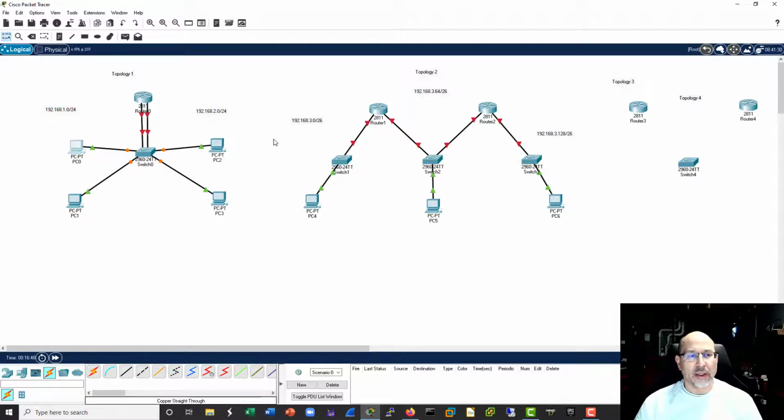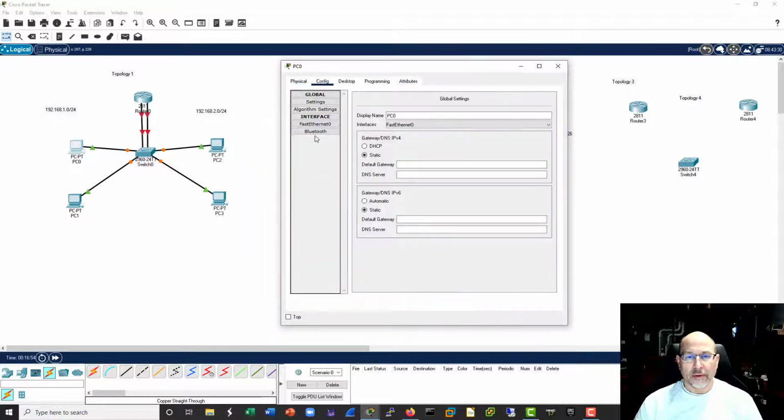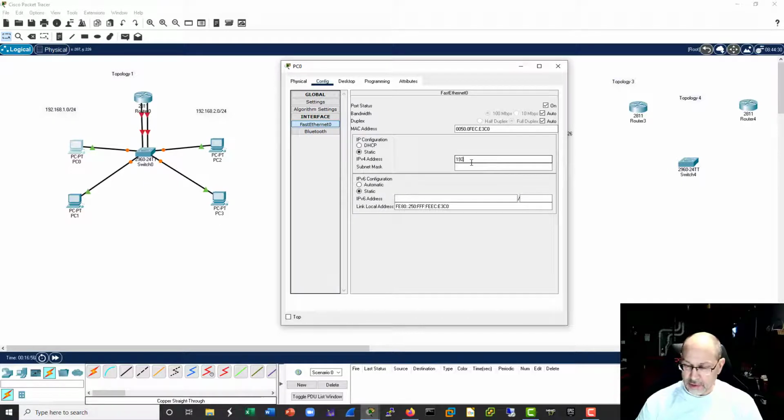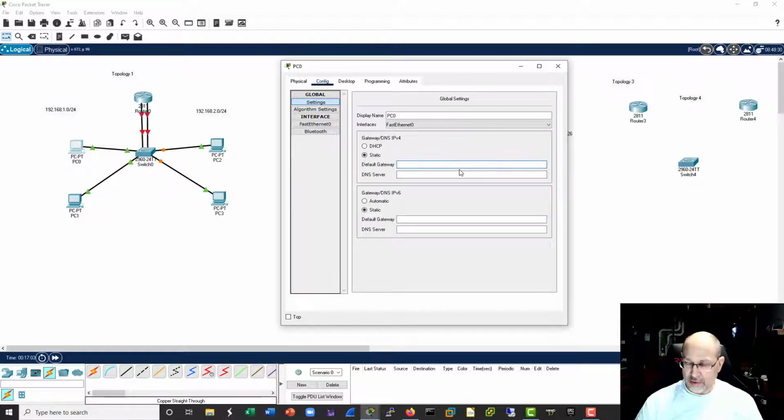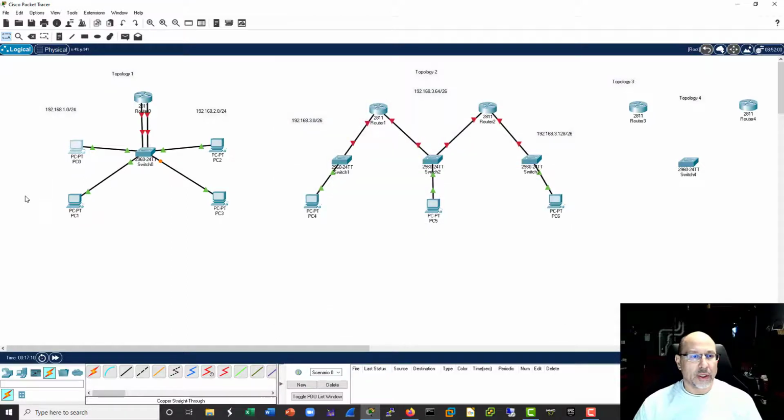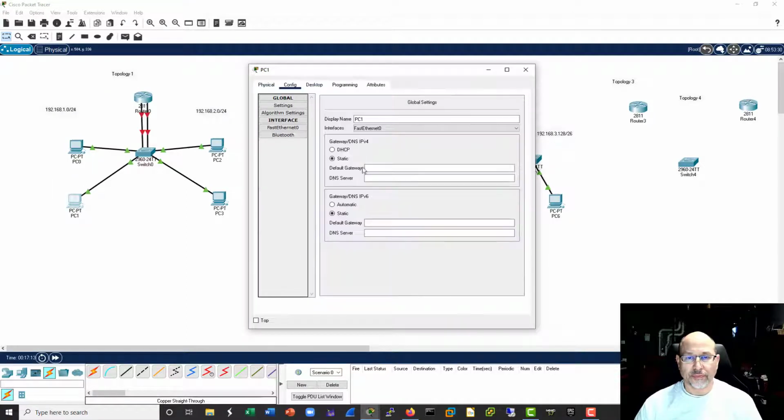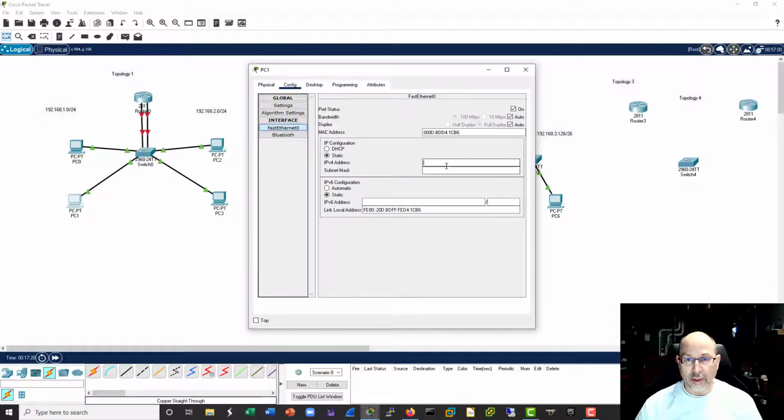Okay, so that means that I will add some nodes to these networks. We'll make this 1.1, and we'll do some standard stuff with the default gateways. Whoa, that's not going to work. There we go. And we'll do the same thing here. And we'll make you 192.168.1.2,